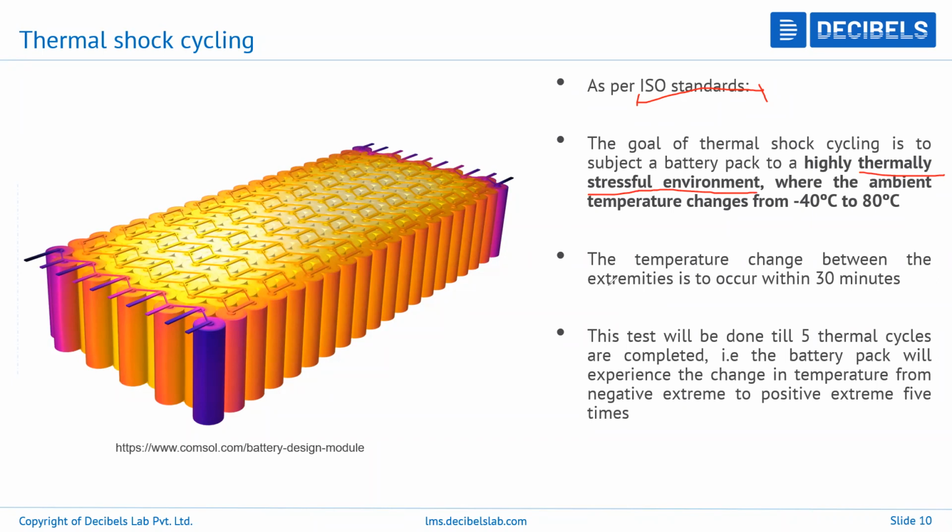The ambient temperature changes from -40 to +80 multiple times. So -40 to 80, and then again 80 to -40, and that is going to occur within 30 minutes. This is the set and defined period as per ISO standards, and this is done till 5 cycles are completed. As I said, -40 to 80 is one cycle, or one thermal cycle, and then